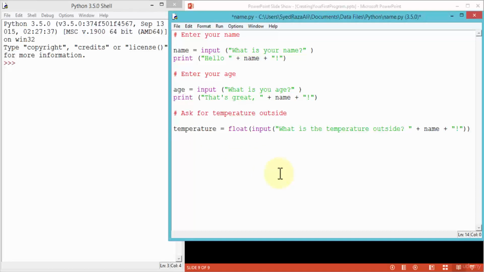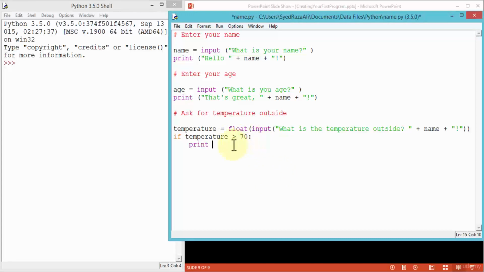So far, it's going to prompt again for an input or ask the user a question, like, what is the temperature outside? And then I'm going to add a condition to it. So I'm going to say if temperature is greater than, this is the greater than sign, the operators, remember, 70, then print. And notice as soon as I hit enter, recall we talked about using a colon,